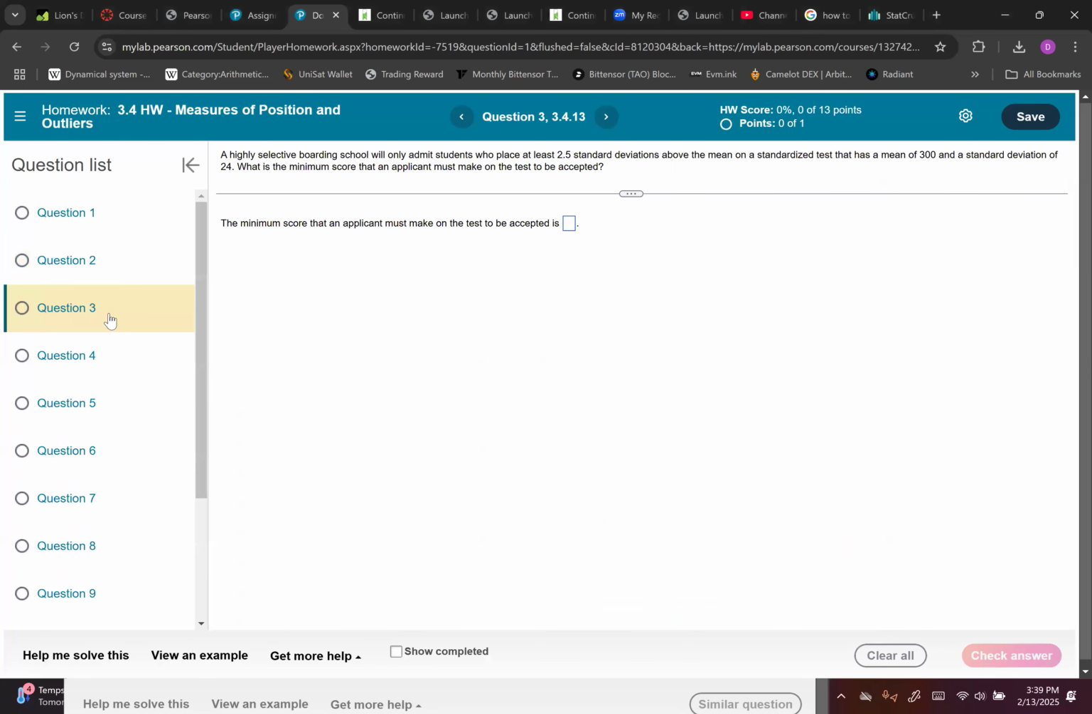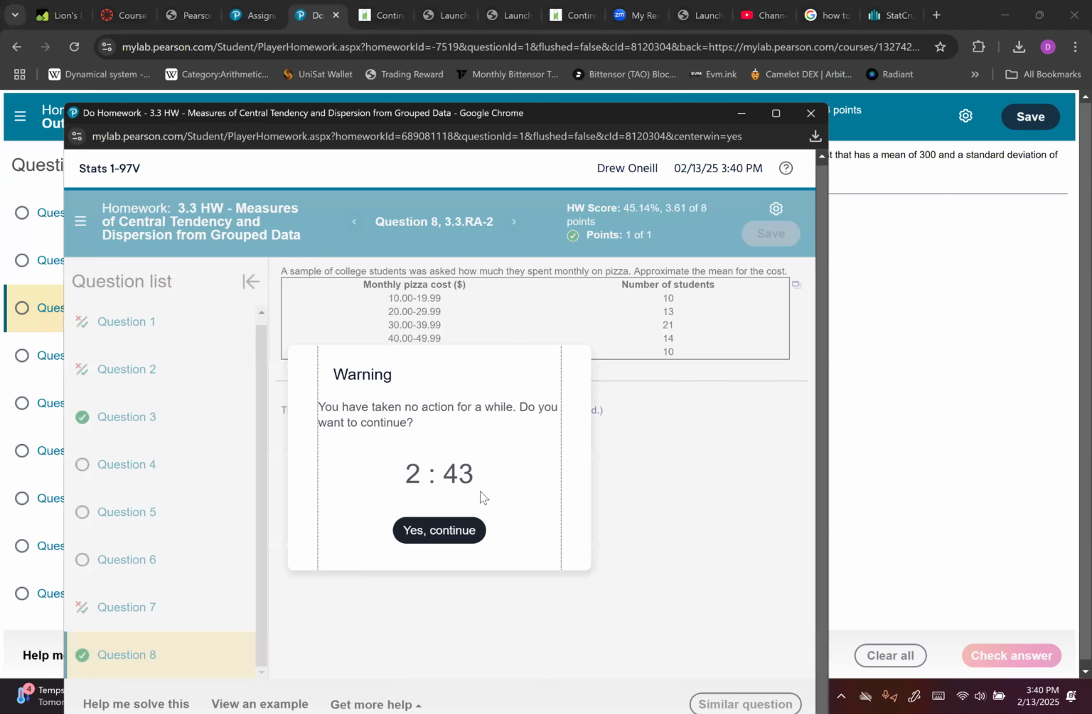Going on. So the standard deviation and a mean again. So how would we do this one? Okay. What is the minimum score that a student must make on the test to be accepted? So you have to place 2.5 standard deviations, right? So one way to do that is